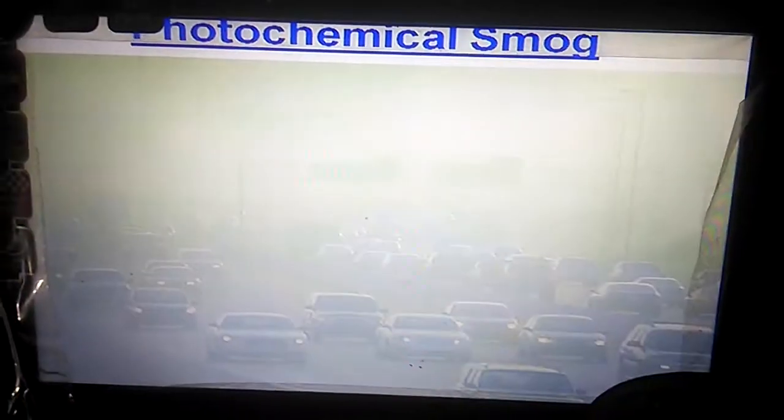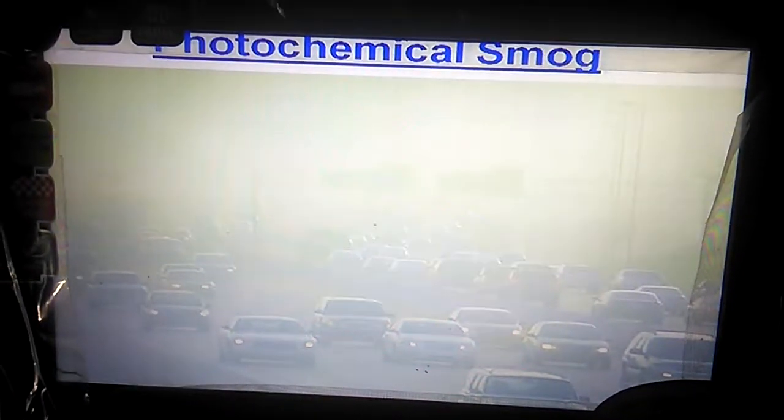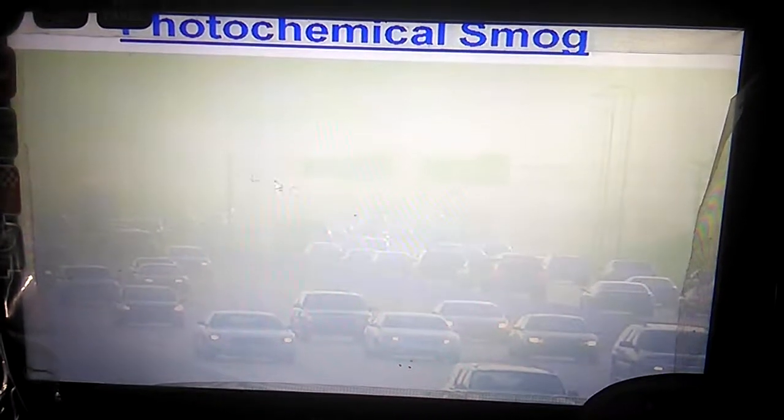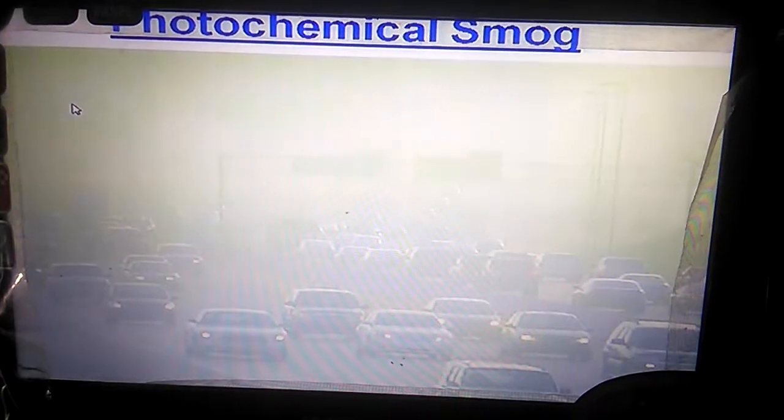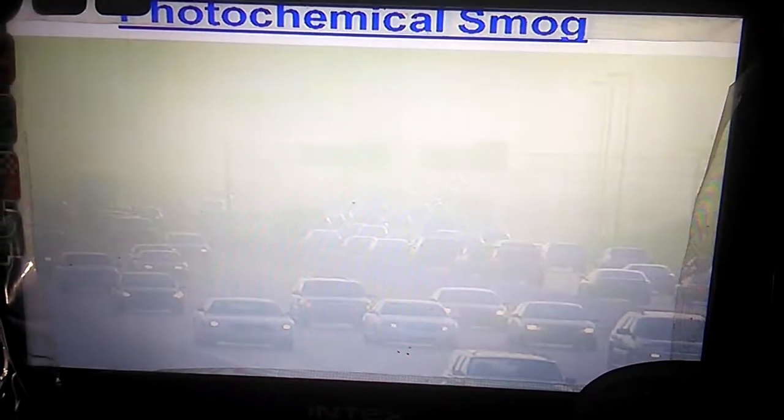Now, before I write something else down, let me show you something as a picture. If you look at this picture, and if you look at the white pointer, what you see is at the top of this picture, it's written photochemical smog. I will come to those two words later. But remember the smog, which means that you have heavy pollutants in the air.